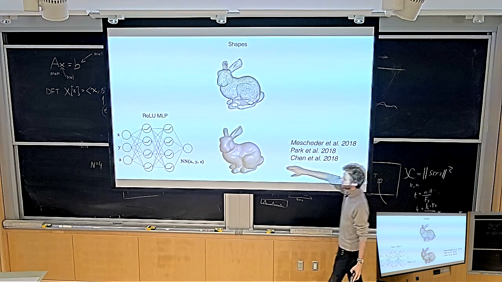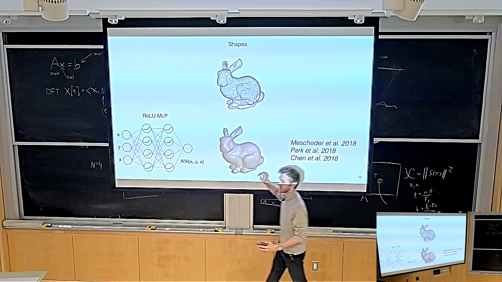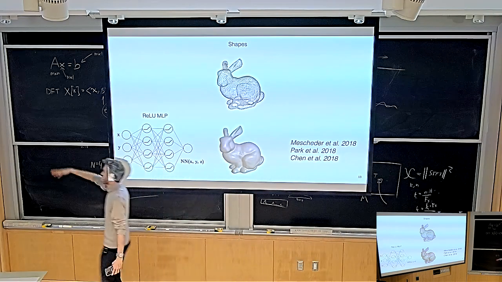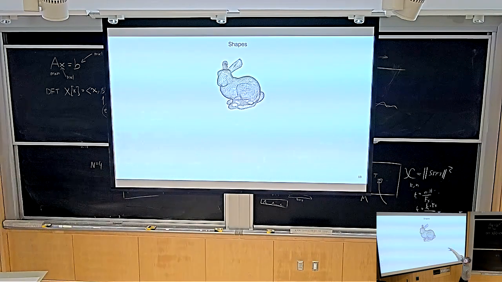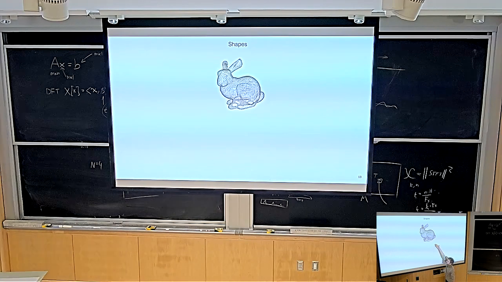Well, first I'm going to show you what it looks like. Let's say we have this shape, parameterized as a point cloud. This is a little bunny. Imagine I gave you the ground truth occupancy function of this bunny. You could query any coordinate, and you would get the occupancy for that coordinate.